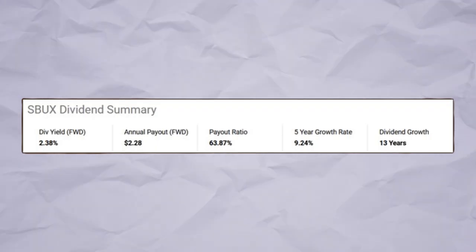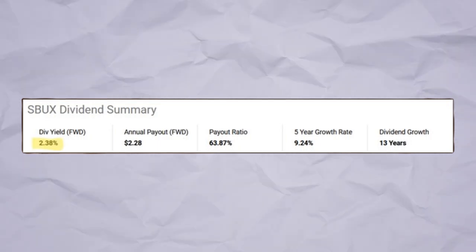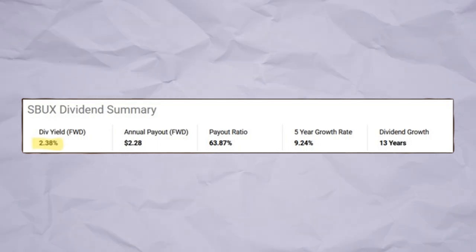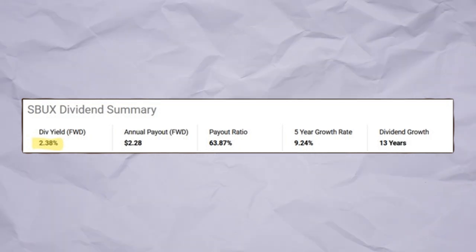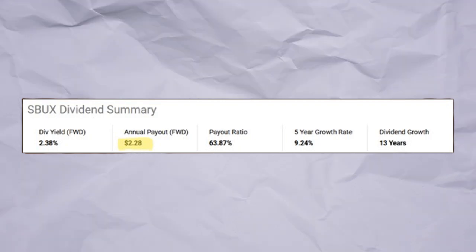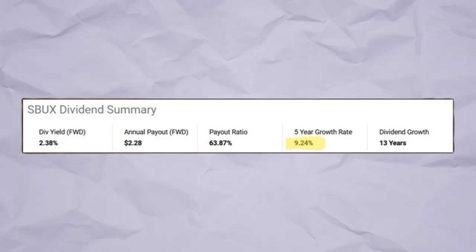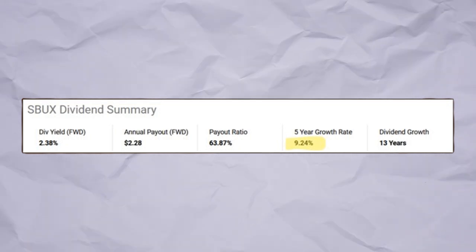Now, first of all, as Starbucks is a dividend company, let's have a look at their dividend summary. Currently, the dividend yield is sitting at 2.38% and the annual payout is sitting at $2.28, which isn't bad at all for a growth company. As we can see, the company has been growing at about 9.24% every single year in dividends over the past